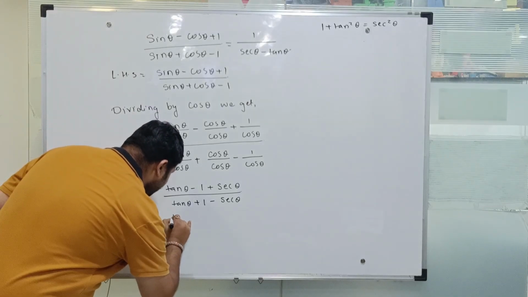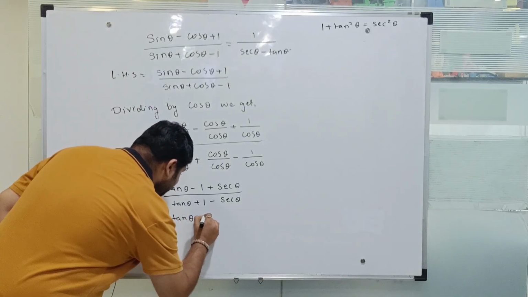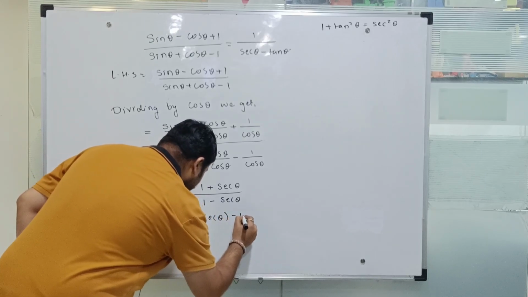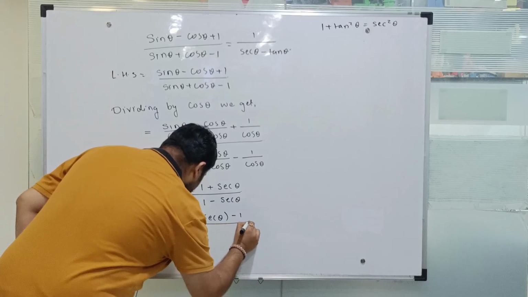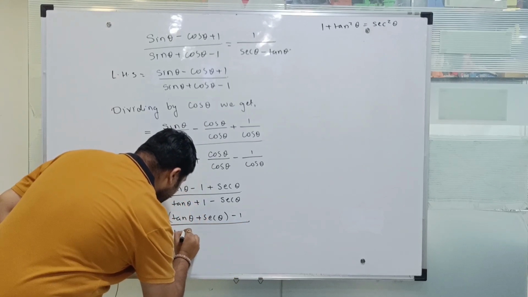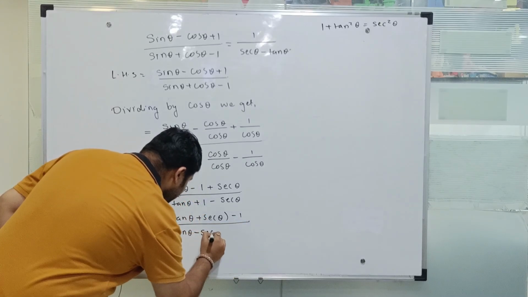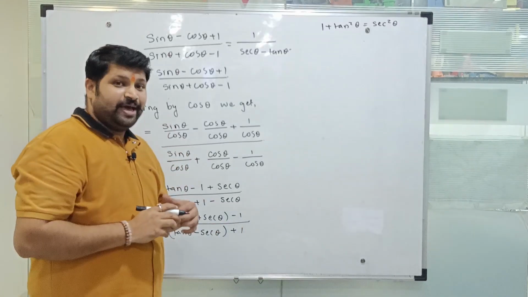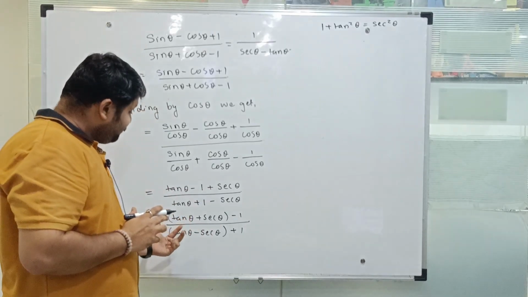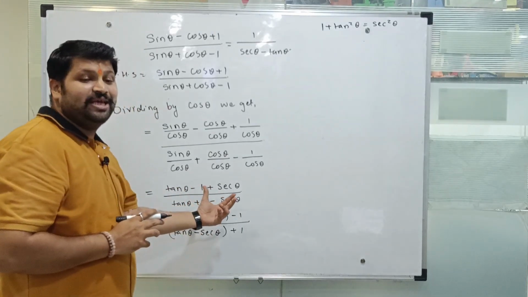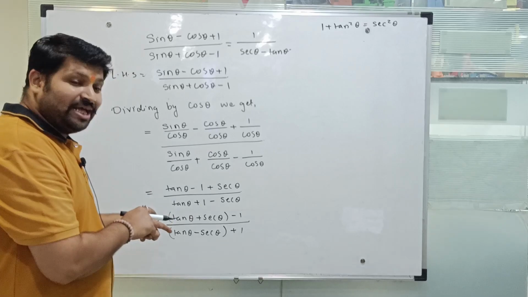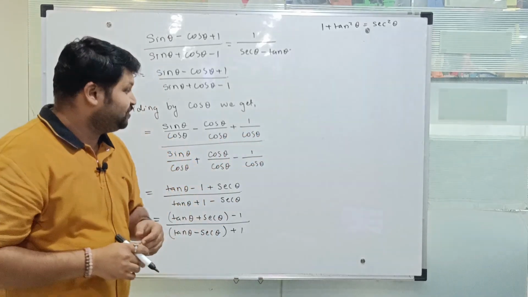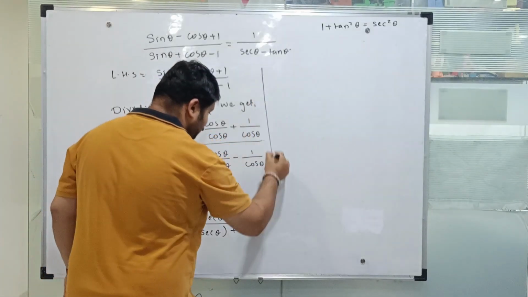So I can write tan theta plus sec theta minus 1 divided by tan theta minus sec theta plus 1. Now we have to make sure that we are cancelling things out. However, when we are cancelling these things, there needs to be a common term that is to be cancelled. So let us see what we get. We have